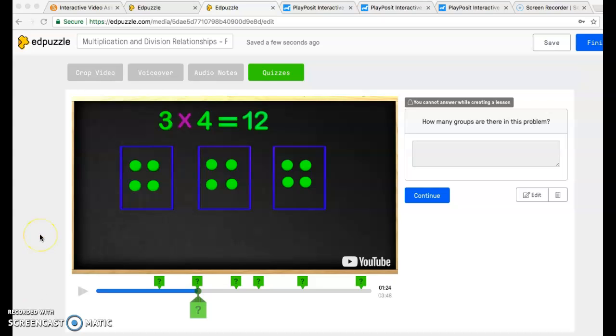Overall, I would say I liked Edpuzzle better because it has all the same features as Play Pause, but for me it was much easier to navigate and more user-friendly. So I would recommend Edpuzzle to colleagues, and it's probably what I would choose to use in the future. Overall, I'm glad that I was introduced to both sites because now I know which one I like better, and I know this will be a great addition to use in the classroom because videos are just a